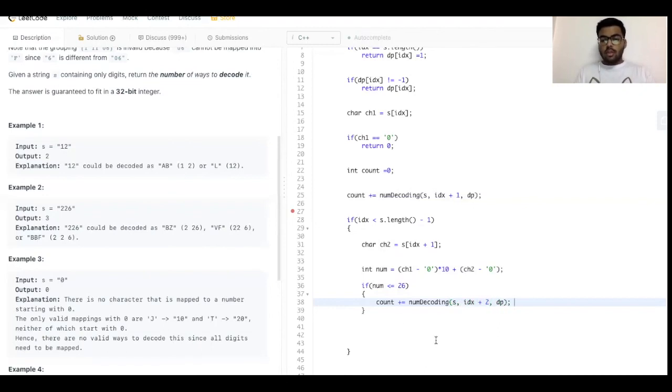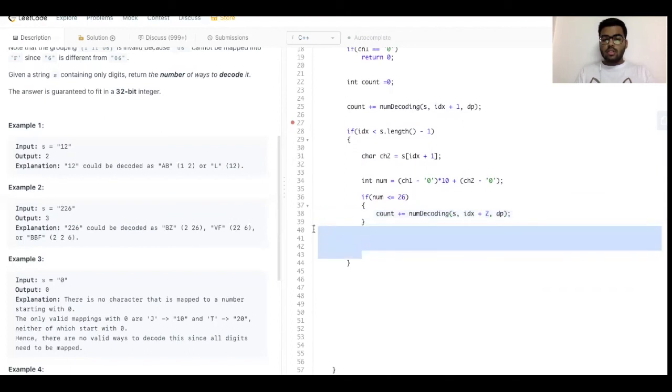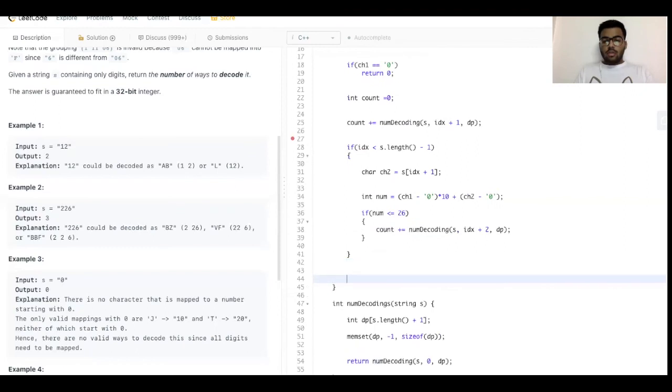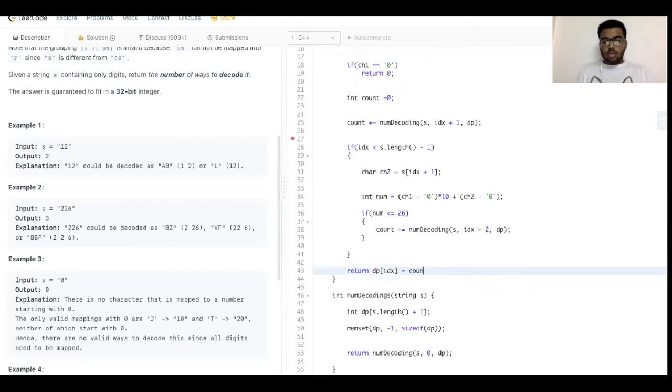Why plus 2? Because we are taking two digits into account. And now simply we'll return, with dp of idx equal to count.